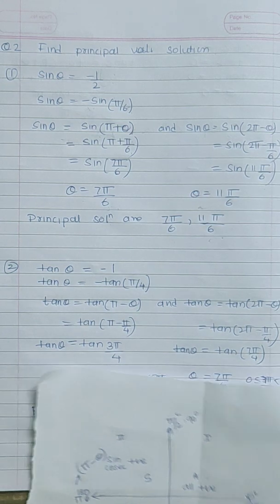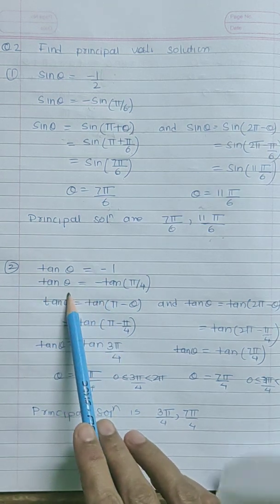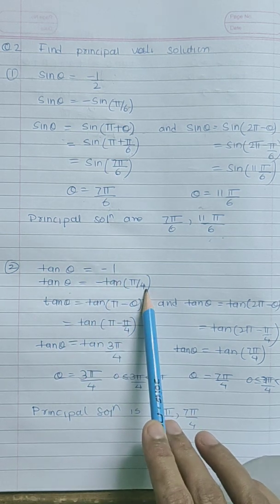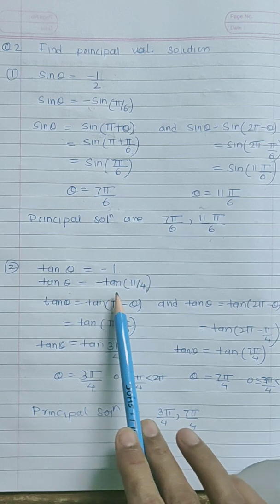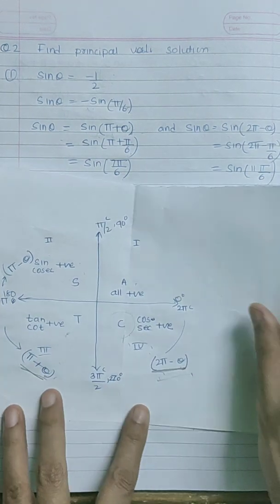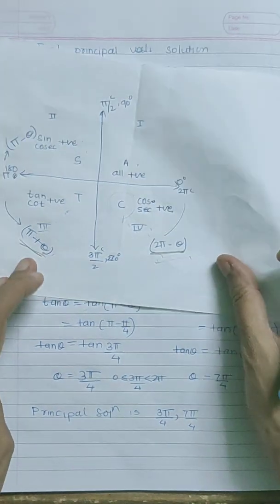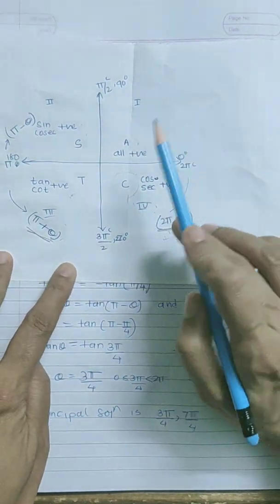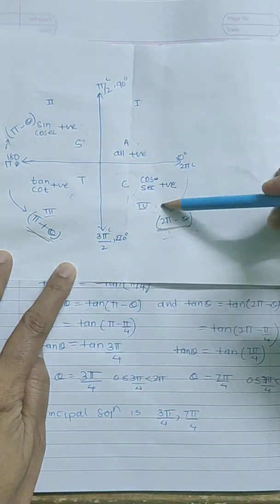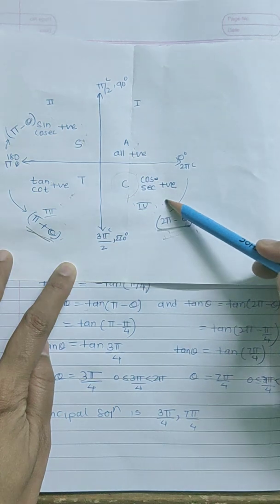See, the next one is tan theta is equal to minus 1. Now same again, negative is there. So tan theta is equal to this negative, keep as it is, and 1 is the tan value at tan pi by 4. So tan theta is equal to minus tan pi by 4. When is the tan value negative? Now see again our chart. Here tan is positive, here all are positive. So where is tan negative? In the second and fourth quadrant.